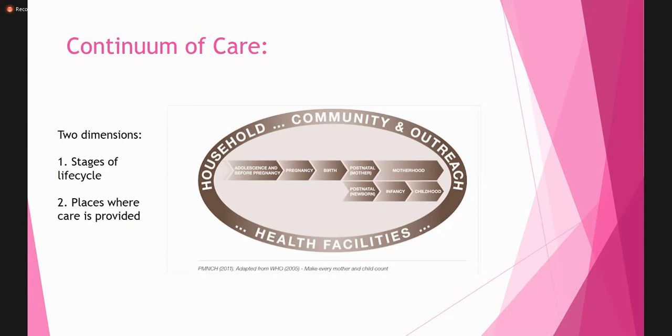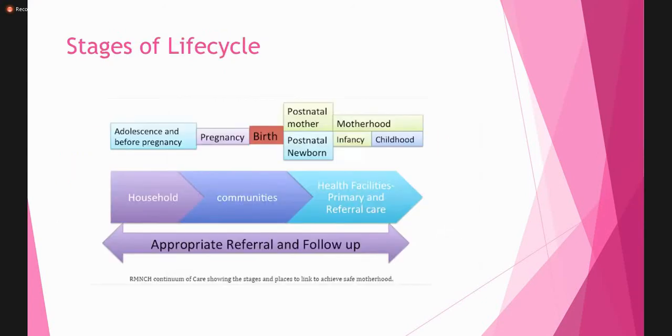And then postnatal care to the mother, and the motherhood, how she bears the child. And then postnatal care to the newborn, care in infancy, and the childhood. So here, adolescence and before pregnancy, if the female is taken care of, then pregnancy, birth, postnatal care to mother, safe motherhood, and then postnatal care to newborn, infancy, and childhood,